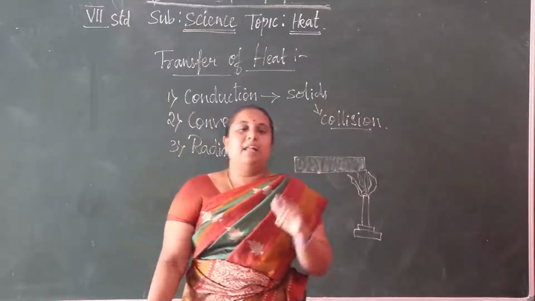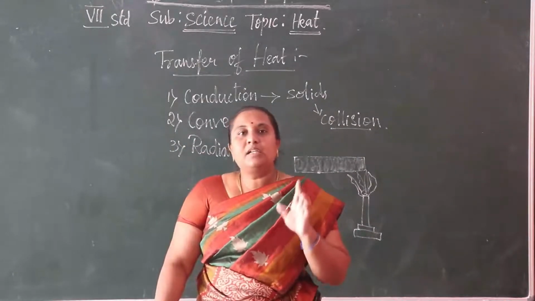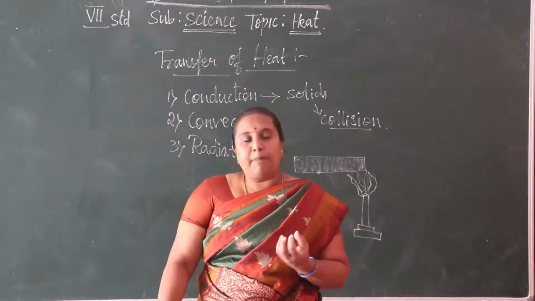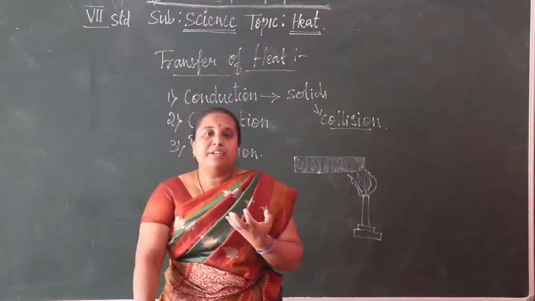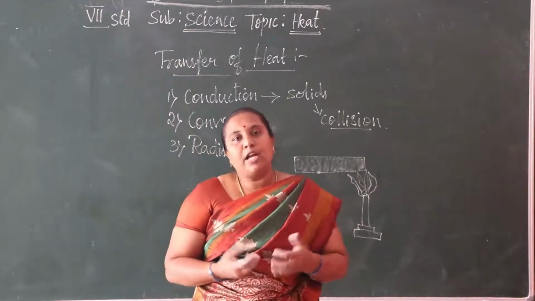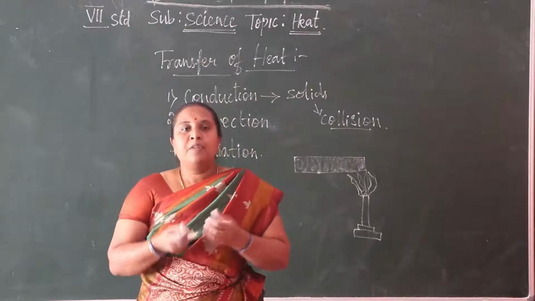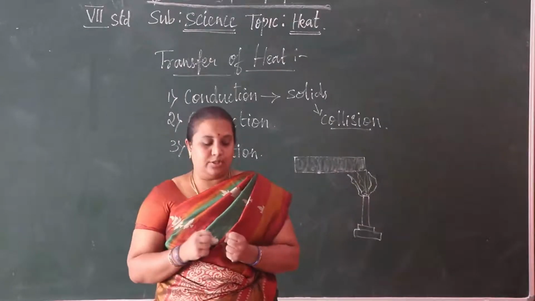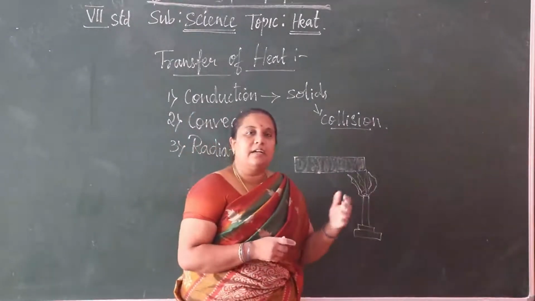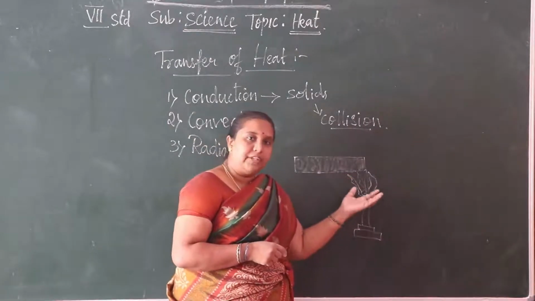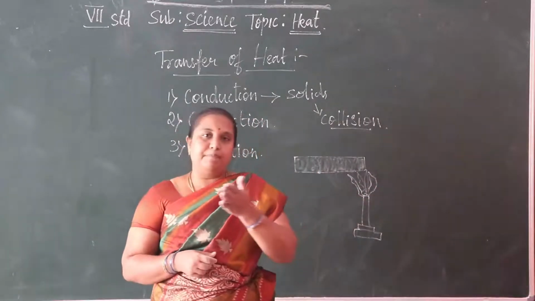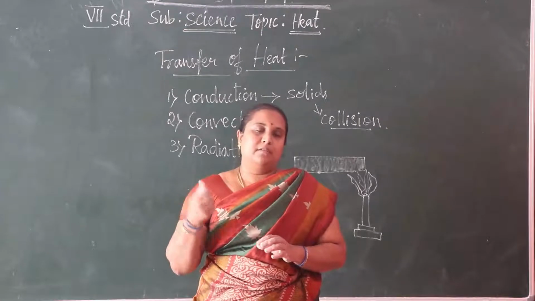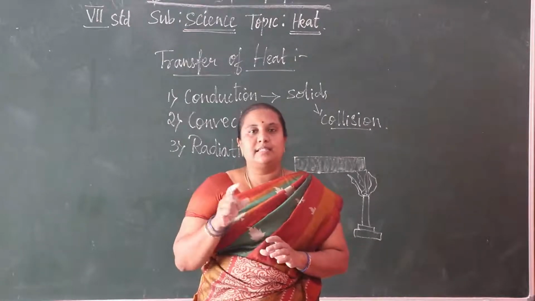For example, we are using kitchen vessels. While heating the pan or any other vessel, it should be heated fully. How does it heat? Because of the particles. The particles inside the solids are in direct contact with each other, so it can easily conduct the heat. That is a conductor of heat. It is a transfer of heat from one place to another, from the hotter place to the colder place. The kitchen vessel is the example.